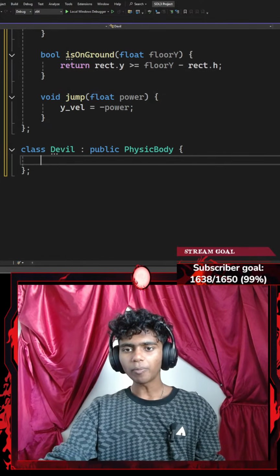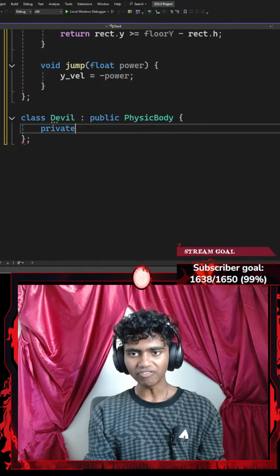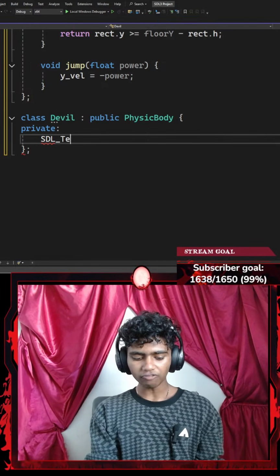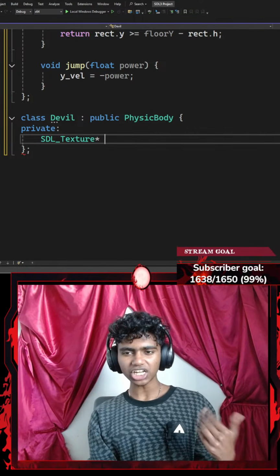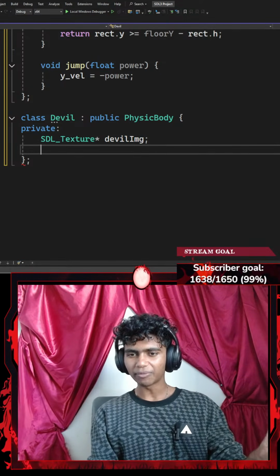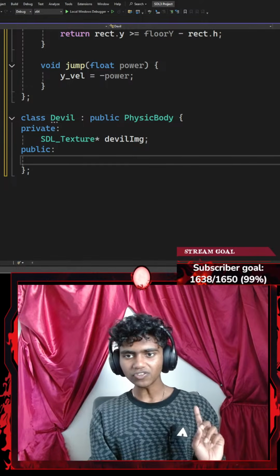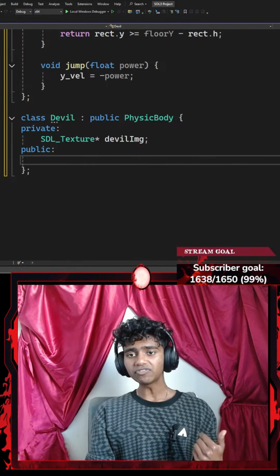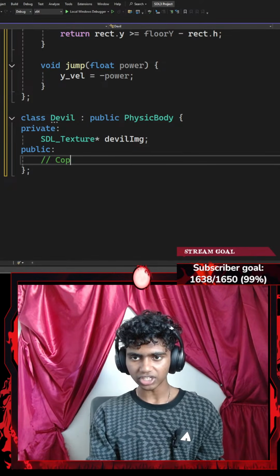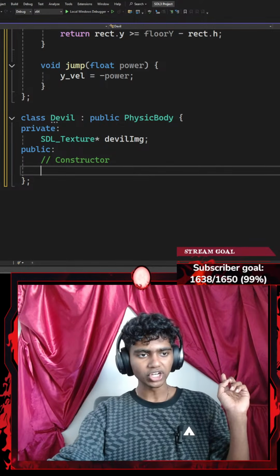Okay, so next up, for my devil class, I'm gonna go ahead and create a private data member. Let's say I want to create a private data member of my SDL texture. This texture is going to be called something like devil image, ending with a semicolon. Now, once I'm done with that, I'm going to go ahead and publicize everything. Now, once I publicize everything, I'm going to be creating a constructor. So I'm going to add a comment that says constructor. There we go. Now, for my constructor,